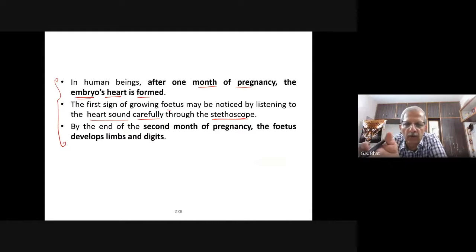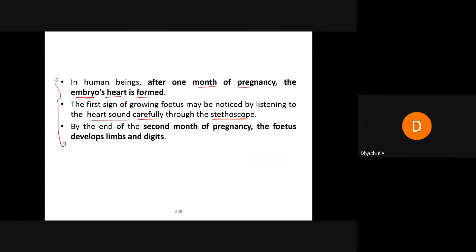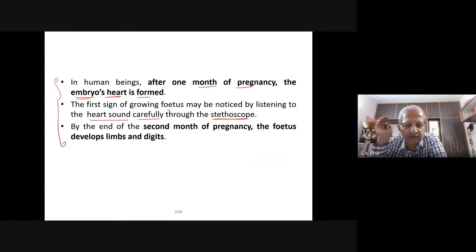In a normal woman, you come across a regular menstrual cycle. Am I right? If menstruation does not occur, what is the indication generally in a married woman? That she is pregnant, sir. Whenever a married woman does not get her normal period, she doubts that she might have become pregnant. What will she do? She will go to the doctor.